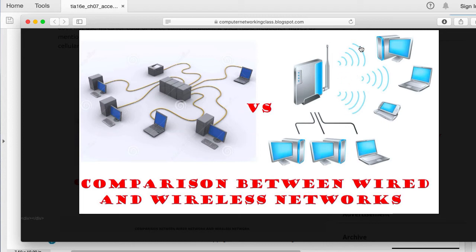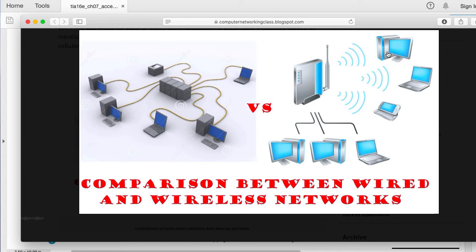Also, since it's non-guided, you can have some barriers, right? So let's say that your device, your concentrator here, the access point, sits in your living room and you are trying to watch a Netflix video on your phone, laying on your bed, right? Well, first of all, there is the distance. There is a loss of signal performance due to the distance. Plus, you also have obstacles between your living room and your bedroom, right?